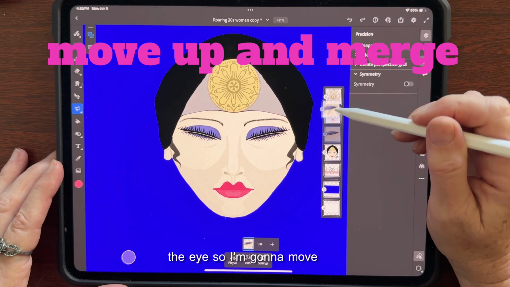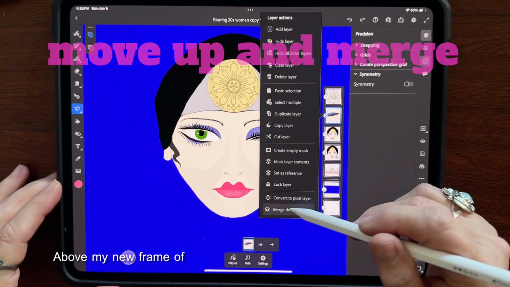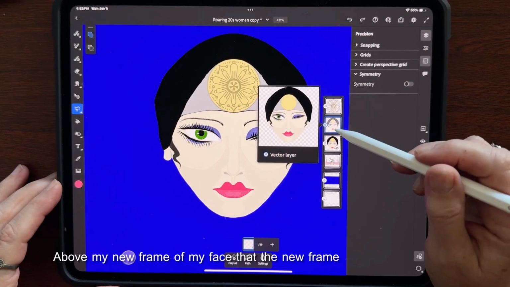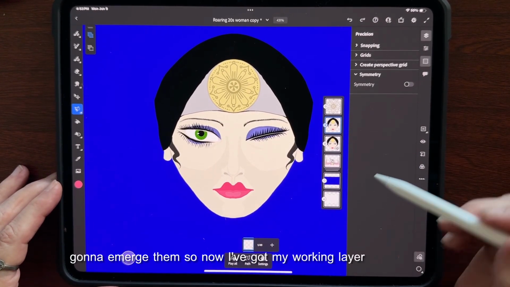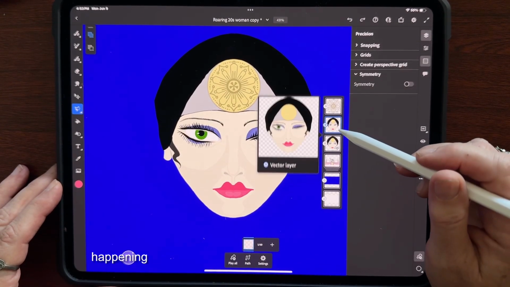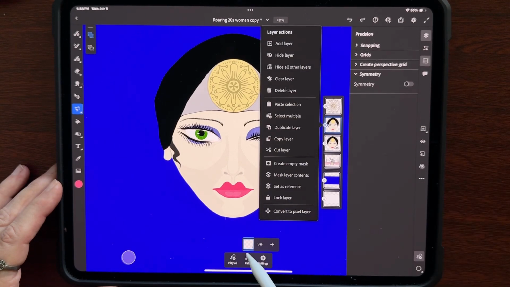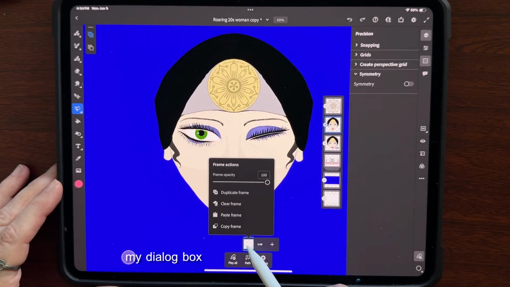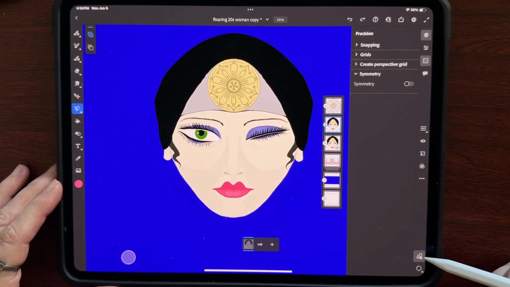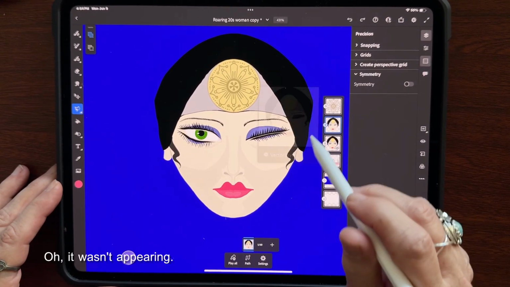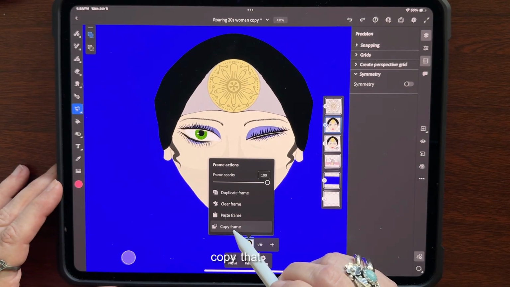So I'm going to move that above my new frame of my face, the new frame layer I made, and I'm going to merge them. So now I've got my working layer with the wink happening. So the next thing I'm going to do is go down to my dialog box, and I'm going to copy that frame. Oh, it wasn't appearing. I had to press the motion tool again. So now I'm going to copy that frame,